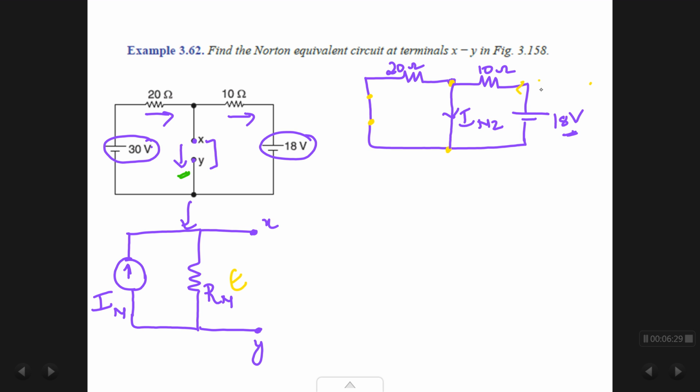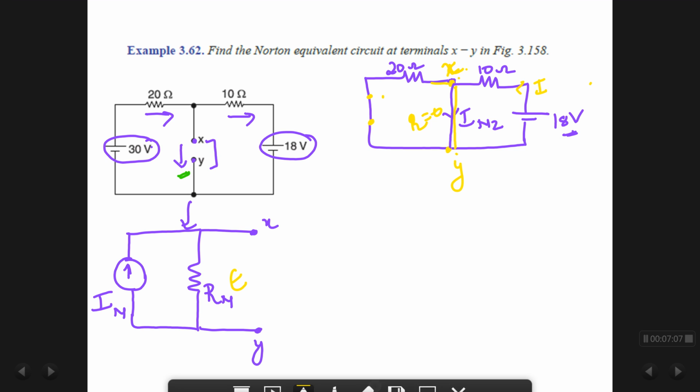The current coming from my source, I call it as I. At this junction X, it has to go to Y. There are two options. At X, it can directly go to the short, or it can use this resistance of 20 ohms. So this short can be considered to be a resistor of 0 ohms, and this part is a resistance of 20 ohms. So if my current wants to go from X to Y, it can go through 0 ohms or it can go through 20 ohms. Always understand that a current will take the path of least resistance, so my current is going to flow through my short. So this circuit will change to,